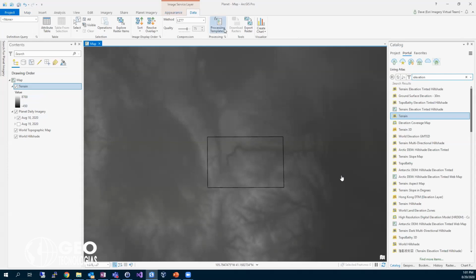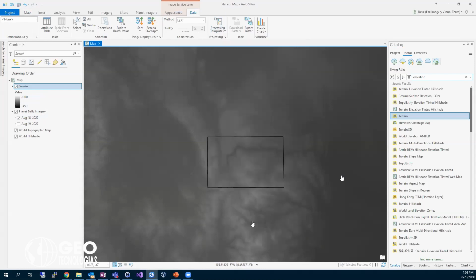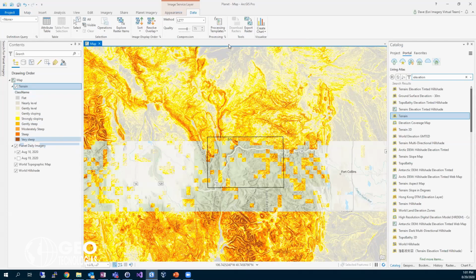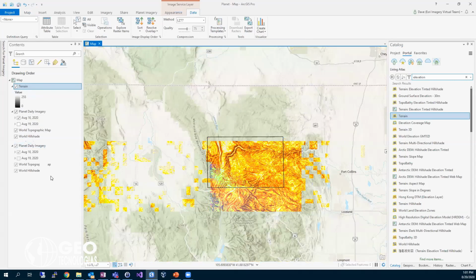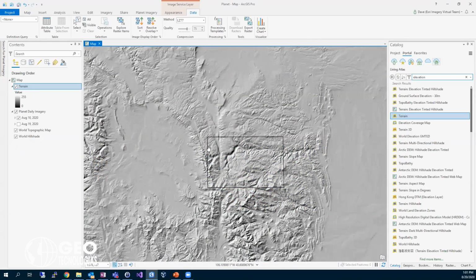And with data, I can come in, with the data tab selected, and select from the processing templates. And I may want to take a look at the slope degrees, and I just choose that and see that classification come up for display. Or any of these others, perhaps a hillshade is more interesting in that context. So just a quick introduction to how to bring that content together from curated, organization, and other partner sources within